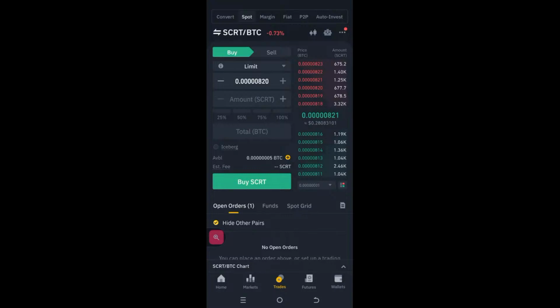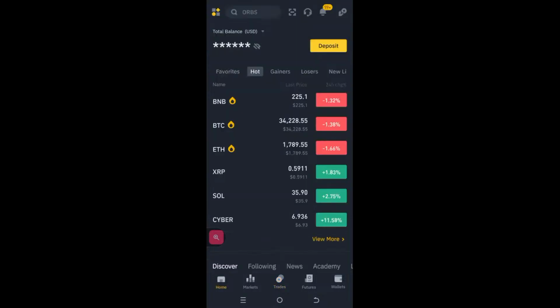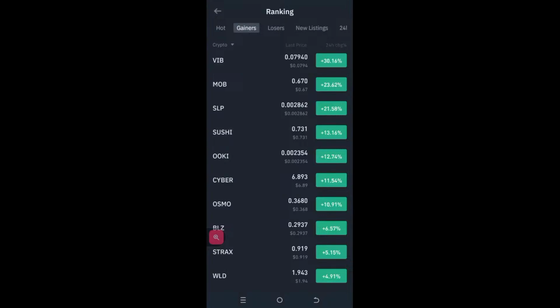Okay? Now, let's go and check. My all-time favorite is usually to go to gainers. All you have to do is pick a coin on the gainers that will give you the best propensity to make profit, and you decide not to be greedy. Make sure that you're conservative, okay? So let's walk through one of these. Let's choose one together. I like to look for coins that are under,